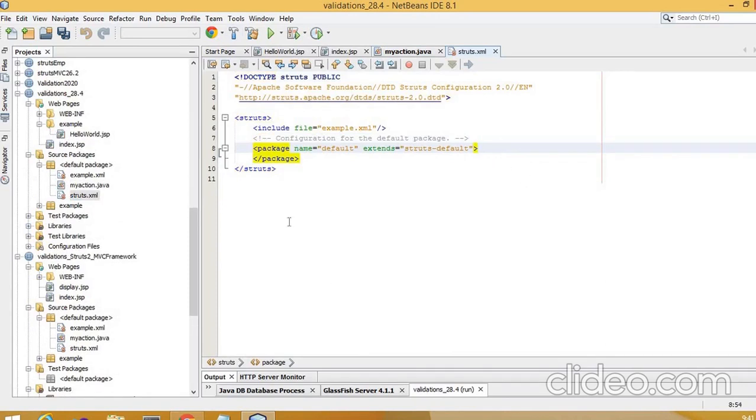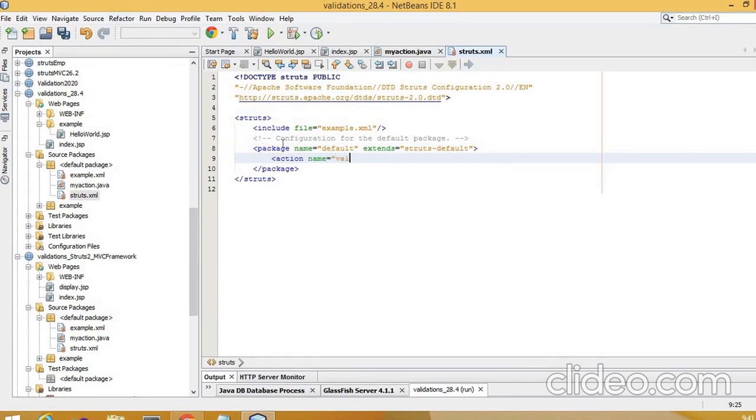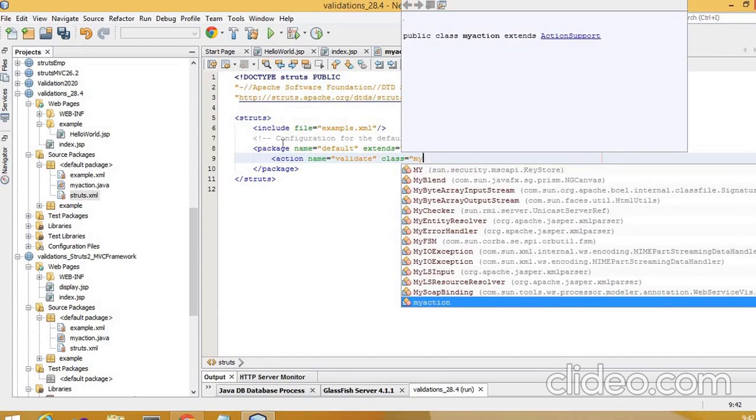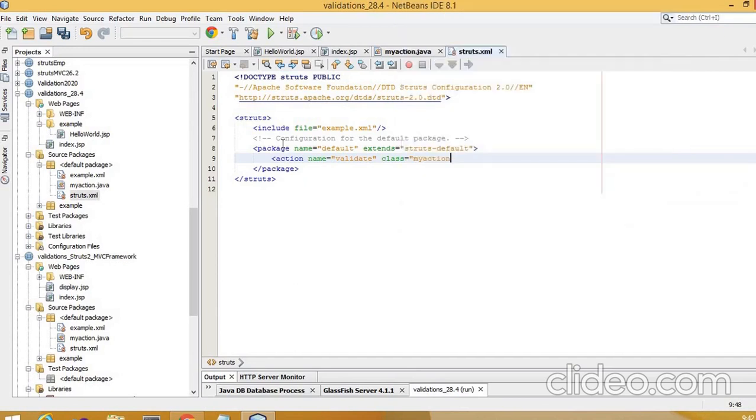I'll just give here the action name, as in the index.jsp file. Then class is my action. When I click on the submit button, it will invoke that particular validate action, and it has to go to this particular MyAction ActionSupport based action class, that is the Java class.